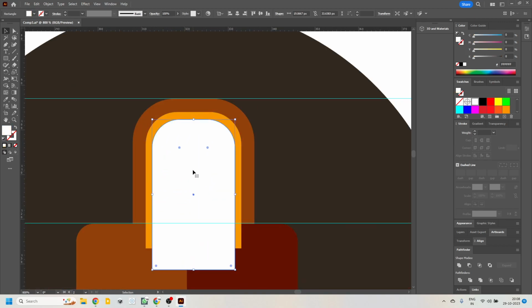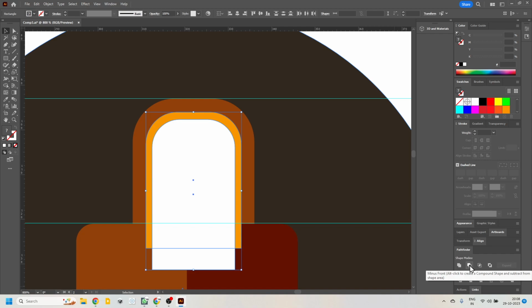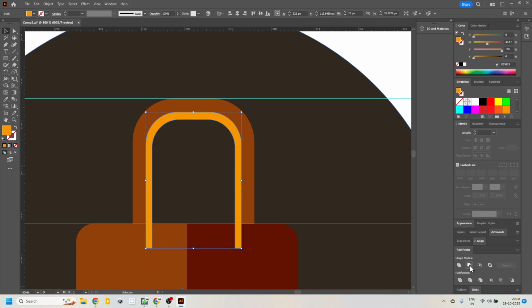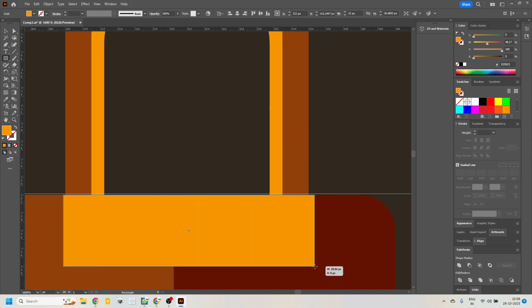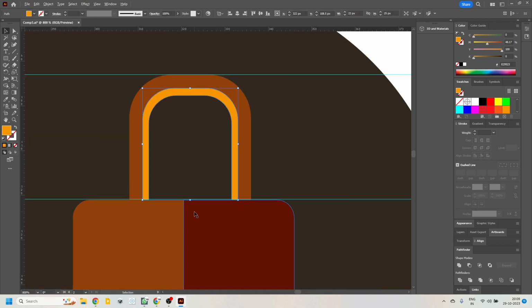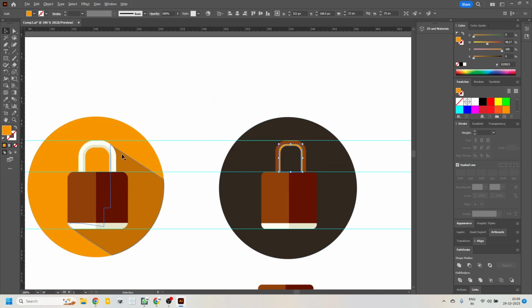Okay, now the top one and the middle one, we will select both by holding shift. Go to the pathfinder again, use the shape mode, the second shape mode, which is minus front, and done. Now we will use a rectangle and select the rectangle and this strip we have made, and again use the second shape mode minus front to get what we need. We can group these two together, but before we do so, let's quickly pick out the